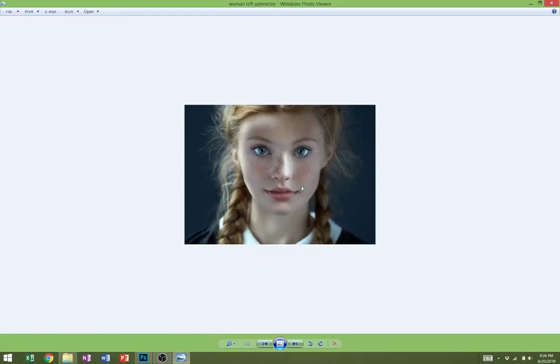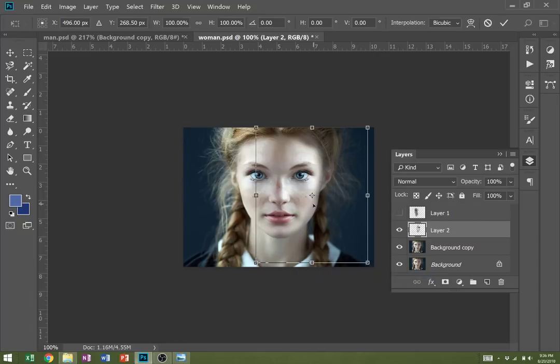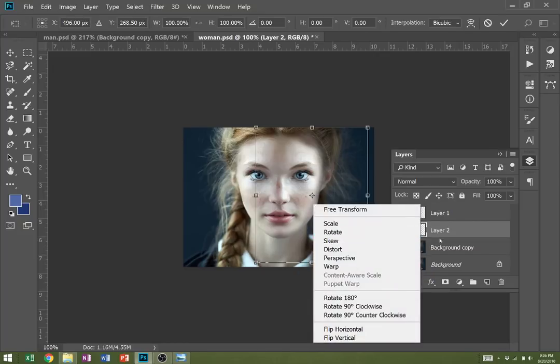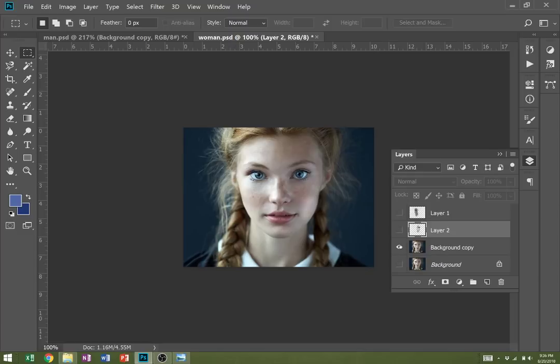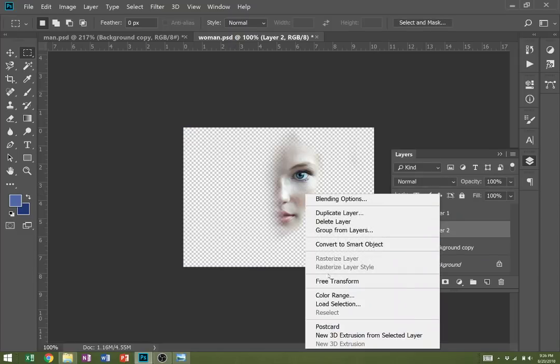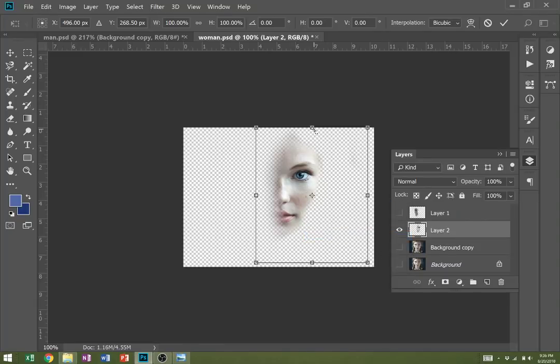It's also a good way of learning about those free transform controls. In Photoshop, you can do all kinds of stuff with those free transform controls. If I have the Marquee tool selected, you can right-click on that, do free transform, and you can do all a number of things. Let me just get rid of the background layers here. For instance, you can skew, which is just grabbing it and